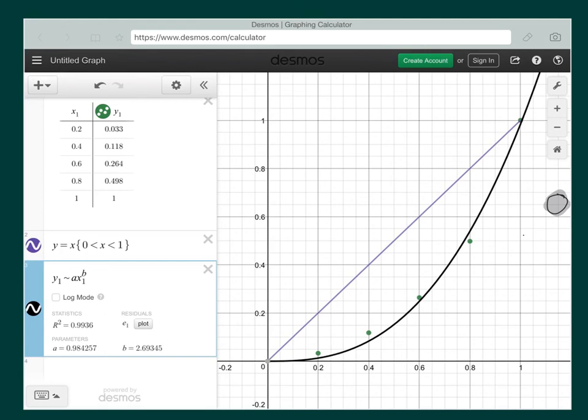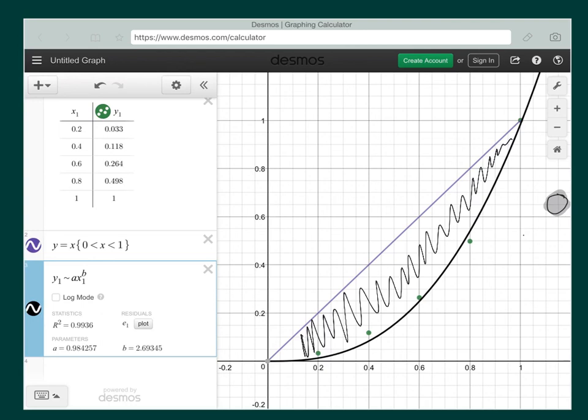This area of inequality that we're looking for is this area right in here. You can see that our power function doesn't quite go through each and every data point. It's approximate, it comes close, but not quite each and every data point.